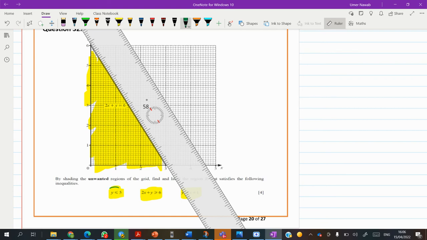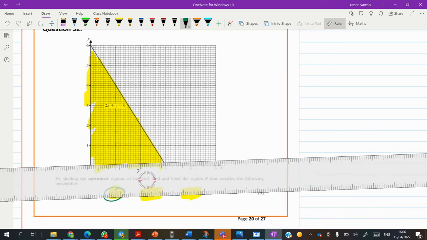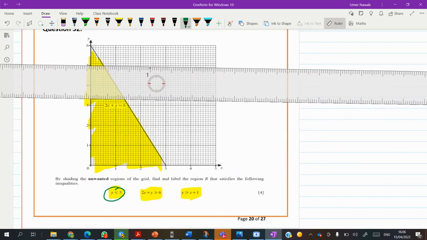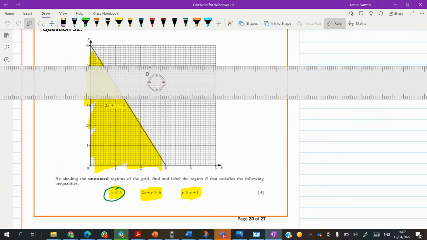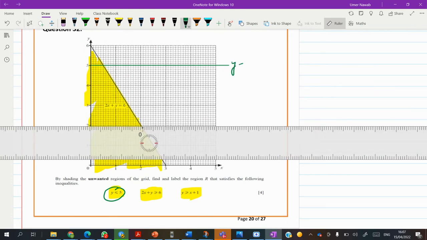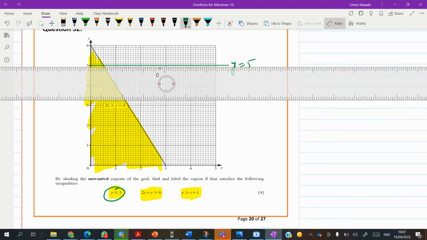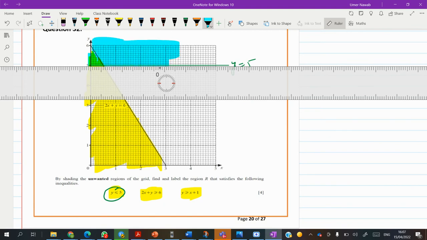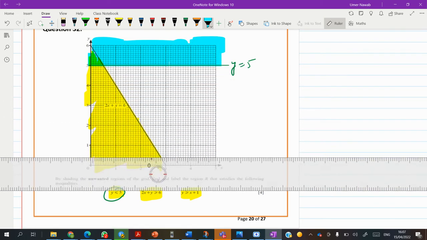the first inequality, which is y is equal to 5. I'm going to draw y equals 5. Solid line. This is y equals 5. So downward portion is wanted, upward portion has to be shaded. Okay, it's shaded. Next,